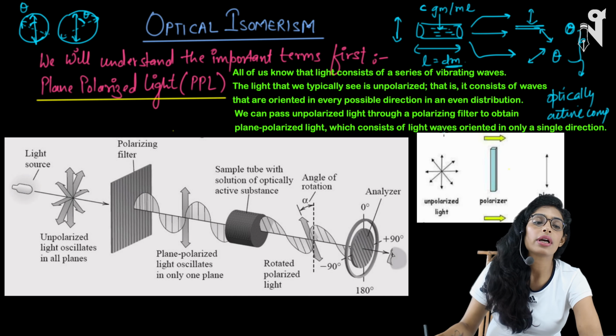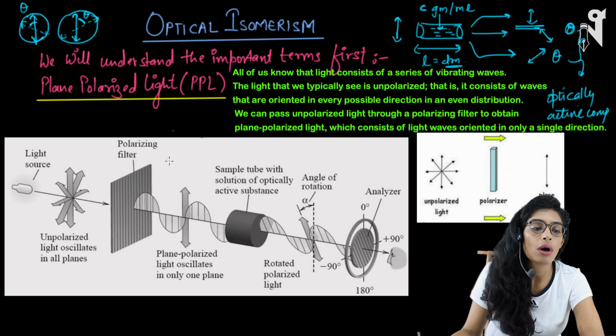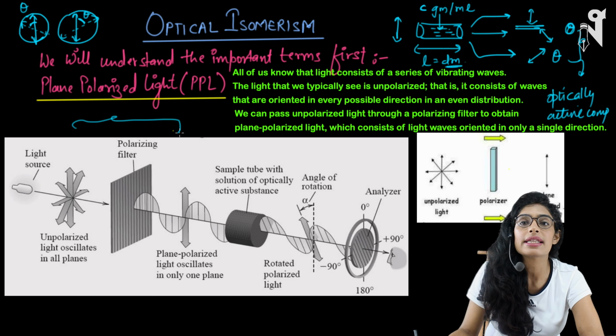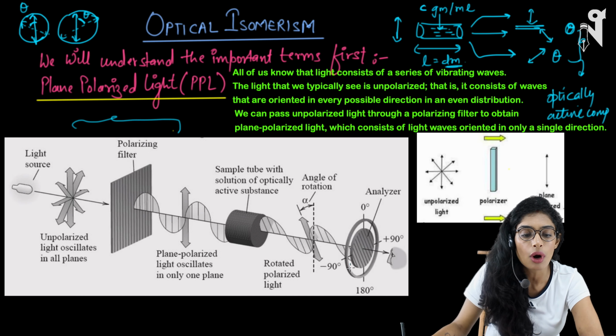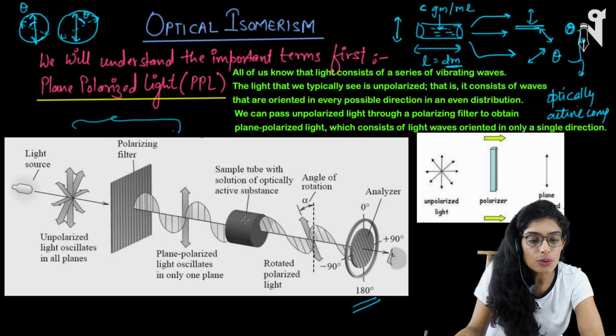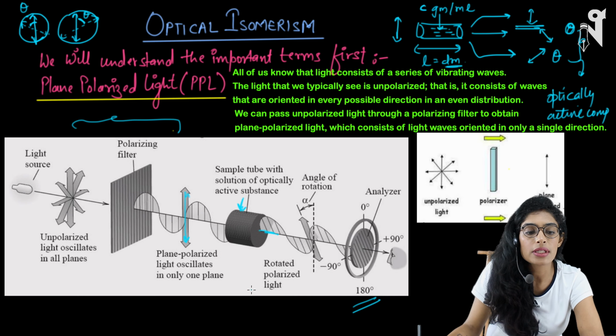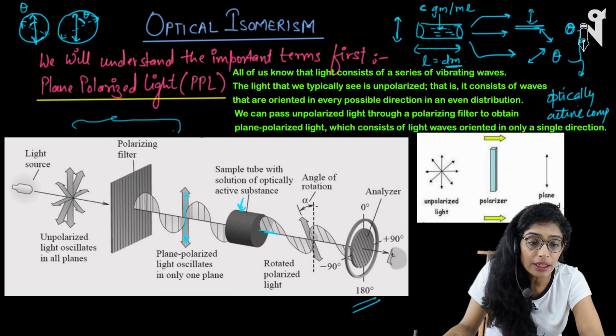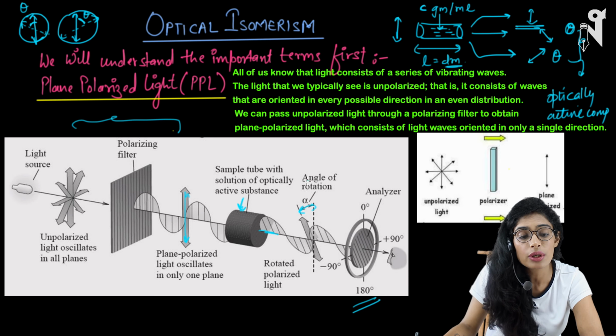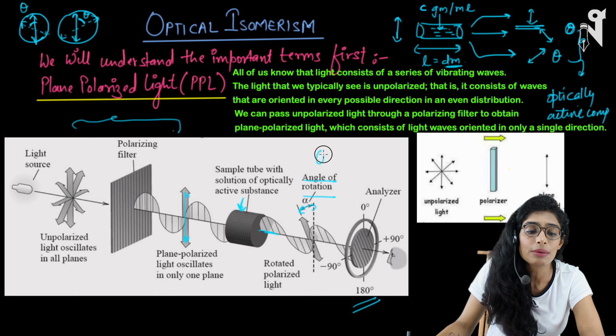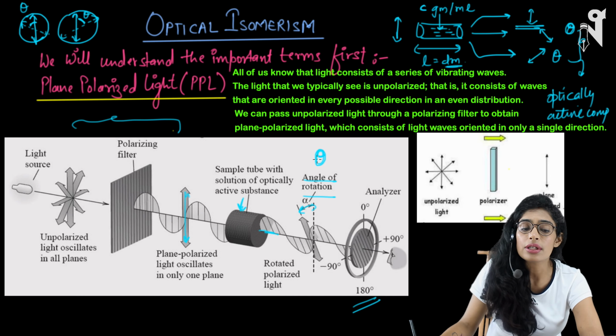So this is what exactly happens when we talk about generating a plane polarized light and then seeing the optical activity. This setup is to see the optical activity. Here you can see this was an optically active compound, and this was the light on the vertical plane, which got tilted a bit when passed through this optically active compound, and the angle change that happened is alpha. They have called it the angle of rotation. It is exactly the same thing which I mentioned as theta.